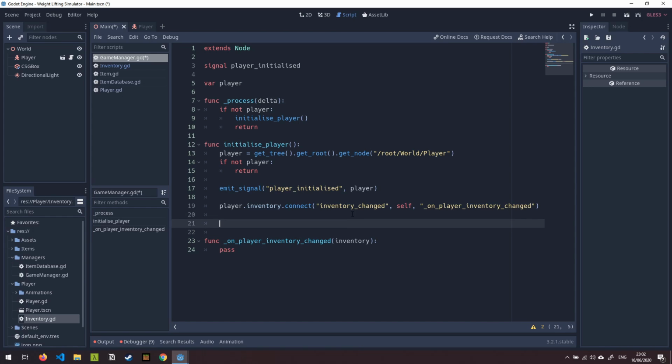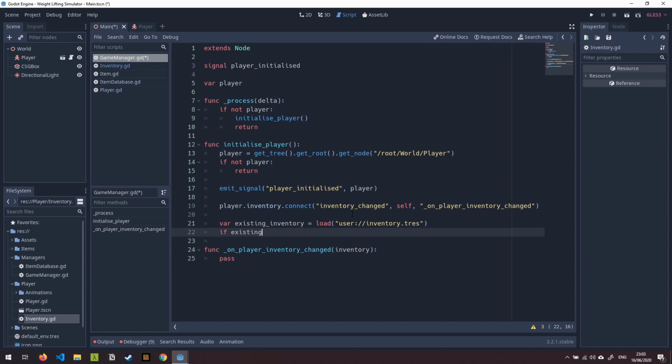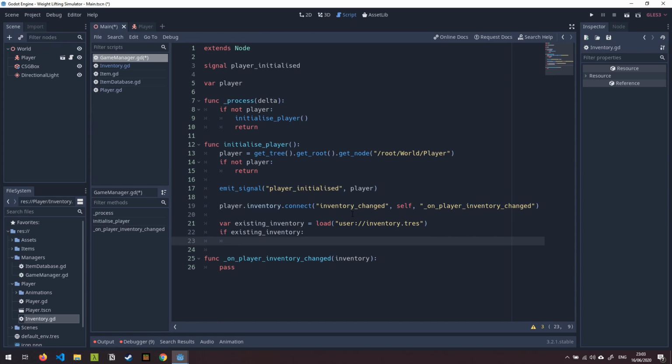So here we're going to say var existing inventory equals, and we're going to try and load an existing inventory from the user's file system. To do that, we can use the user:// special path, and this will be a path on Windows. It might be in your app data or your documents folder. So we're going to say user:// and then we're just going to look for a file in there. So I'm going to say inventory.tres, which is the typical name for a resource file. And we're going to say if existing inventory. So if we found that file, then we're going to say player.inventory.set items, and that's the function that we defined earlier on. And we're going to call existing